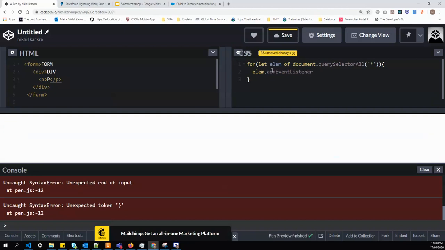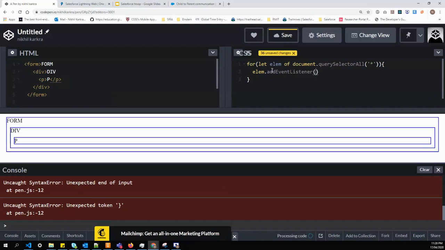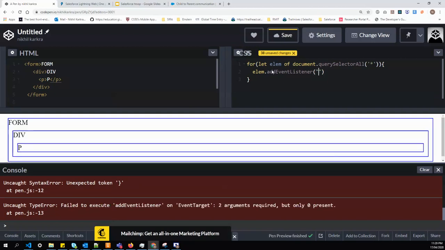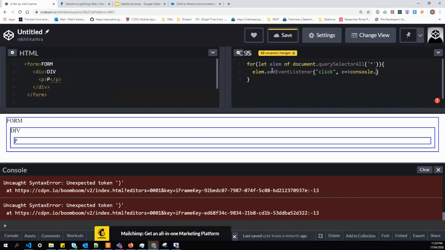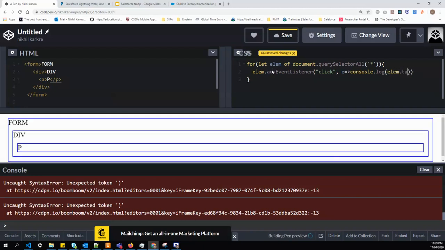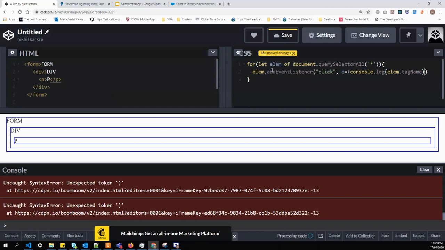This is the way to attach an event listener from JavaScript. The first argument takes the type of event. We want a click event. The second argument is a function, so we'll use an arrow function, and within that function we'll print console.log element.tagName.